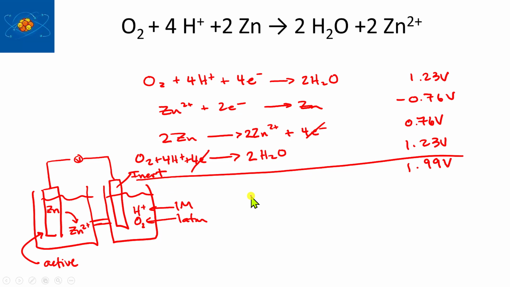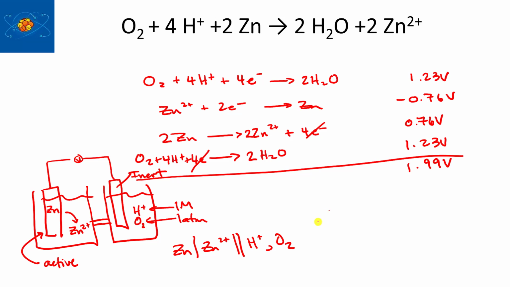So what you're going to be writing then for your cell notation. Oh, and what is the inert electrode? It could be carbon. In this case, it's probably platinum. Platinum is used for this kind of reaction a lot. Anyways, we can draw the electrochemical cell and then the cell notation from that. We're going to have zinc, and we're going to have zinc 2+. And again, these are going to be 1 molar. And then a salt bridge, and then we're going to have H+,